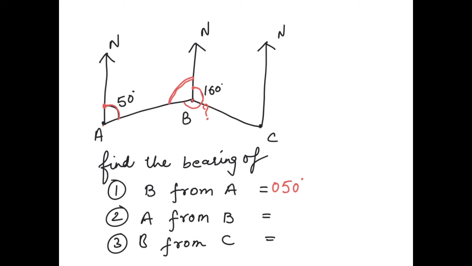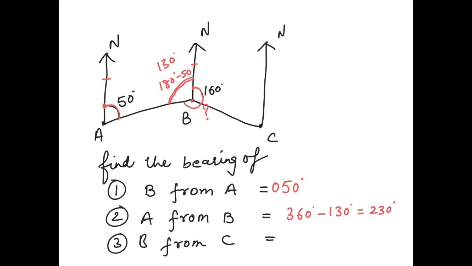So we know already these are two parallel lines. The sum between the two internal angles will be 180. So it will be 180 minus 50. So it will be 130. So if this is 130, the rest would be 360 minus 130. So it would be 230 degrees. It's already in three figures, so no problem.